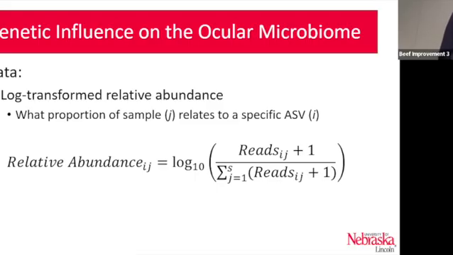And so when we look at the ASV specifically, what we're actually looking at is the log transformed relative abundance. So what we do is we take the number of DNA reads that map to a specific ASV, we add 1 for everything. Then we sum all of those read counts for each sample, do a division. So we have now this proportion of ASV in this sample, and we take a log 10 transformation of that.